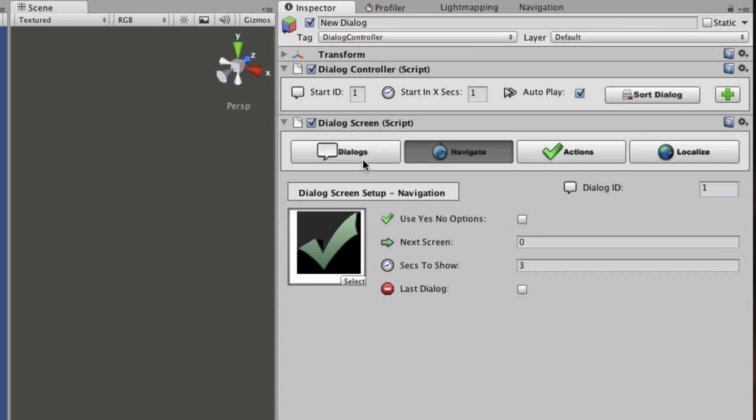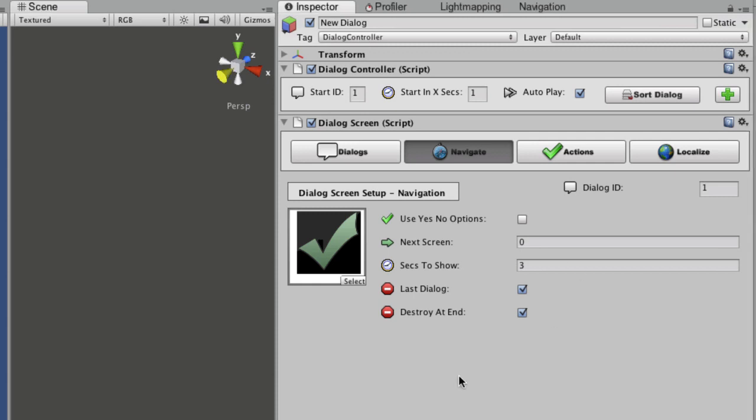Right now it's just a simple dialogue we want to show. So we're saying the next screen is 0 because it's not actually going anywhere right now. And we just check to say that this is the last dialogue. After this dialogue finishes playing, we just want to get rid of it and have it stop after that. So we can even say destroy at end too, and that basically means we're going to destroy the